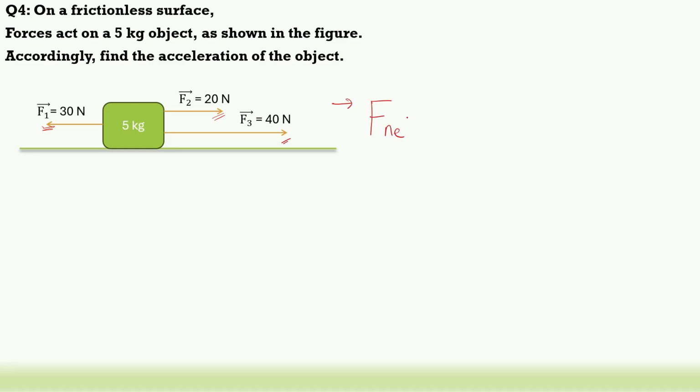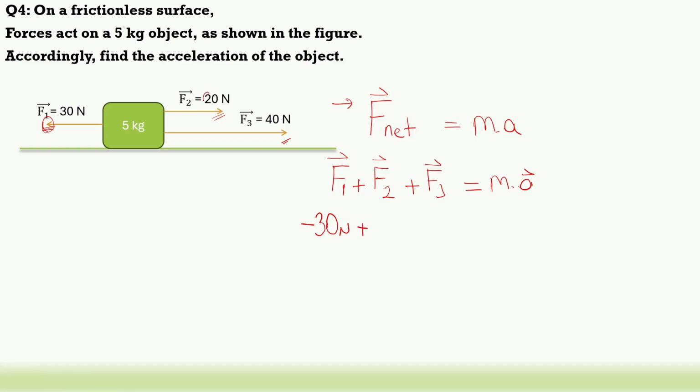I am using Newton's second law. F net equals m times acceleration. F net means total F. So F1 plus F2 plus F3 equals m times acceleration. Okay, F1 is 30 Newton but in the negative direction. So I am writing in the equation minus 30. Okay, this minus shows us the direction of the force. Okay, plus is summation, F2 is 20 Newton and in the positive direction, so I am writing positive 20 Newton